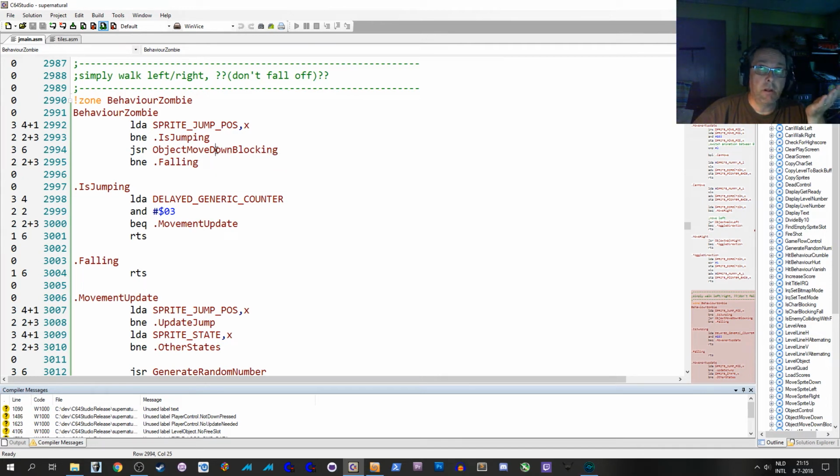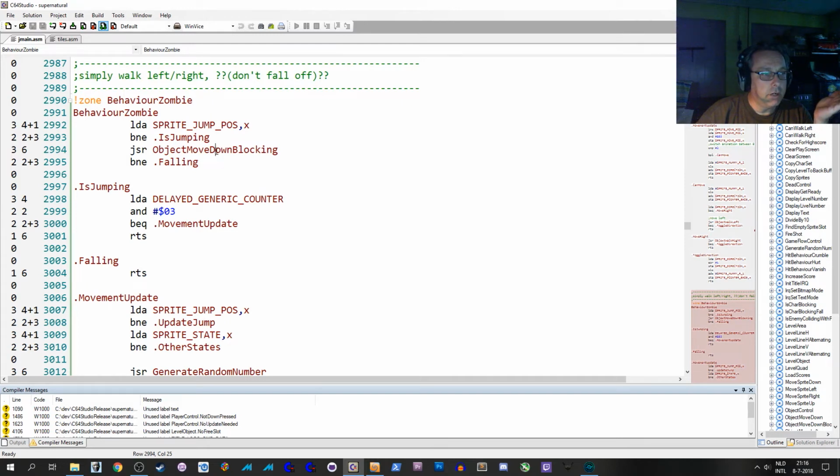If you can remember, when we started adding the physics for the player object, the very first version of the code had the behavior that if we pull the joystick down, the player would go down, which is a bit odd in a platforming game. So then we added calling the routine to pull the player down and just not read the joystick for down anymore, which is basically creating gravity. Now we're doing exactly the same here for the zombie. So if it is not jumping,